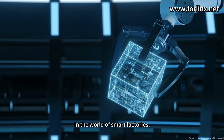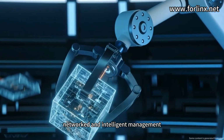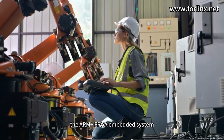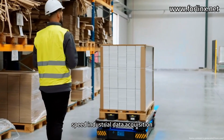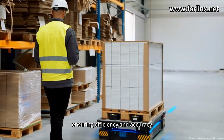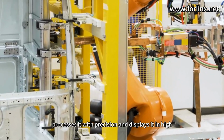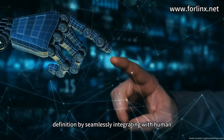In the world of smart factories, industrial IoT is the key to unlocking data-driven, networked and intelligent management. The ARM plus FPGA embedded system is the powerhouse behind high-speed industrial data acquisition, ensuring efficiency and accuracy. This system collects real-time data, processes it with precision and displays it in high definition by seamlessly integrating with human-computer